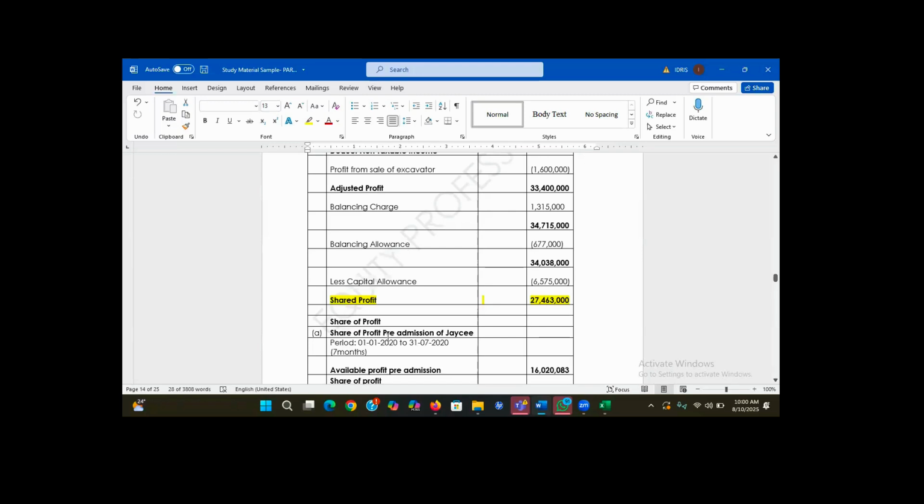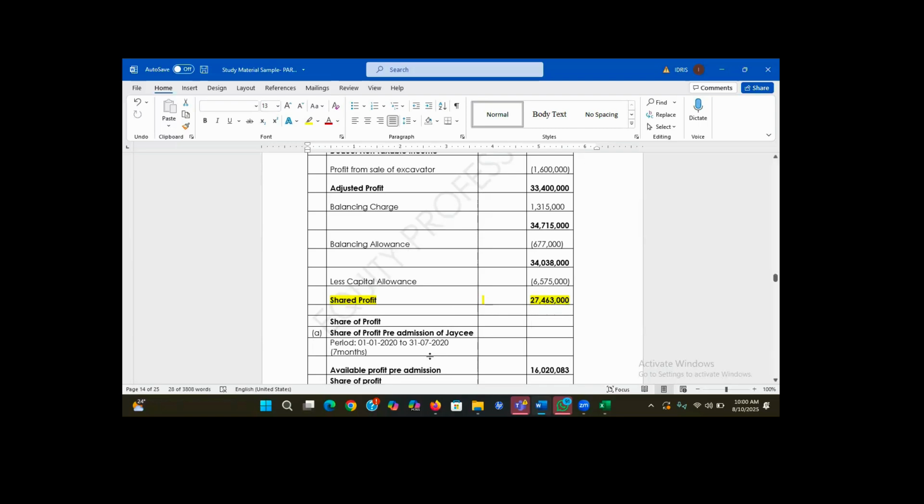First is the share of profit before admission of JC, and second is the share of profit after they admit JC. Before they admit JC, how many months? 7 months. So this profit of